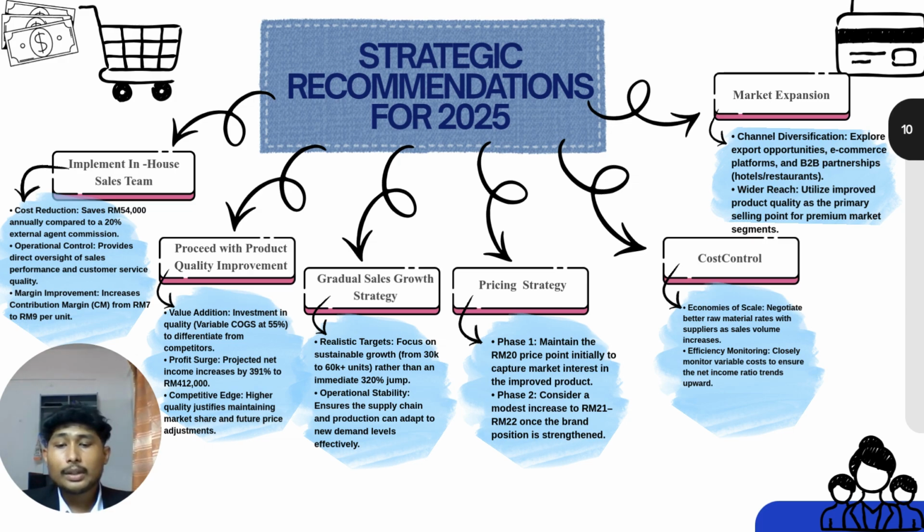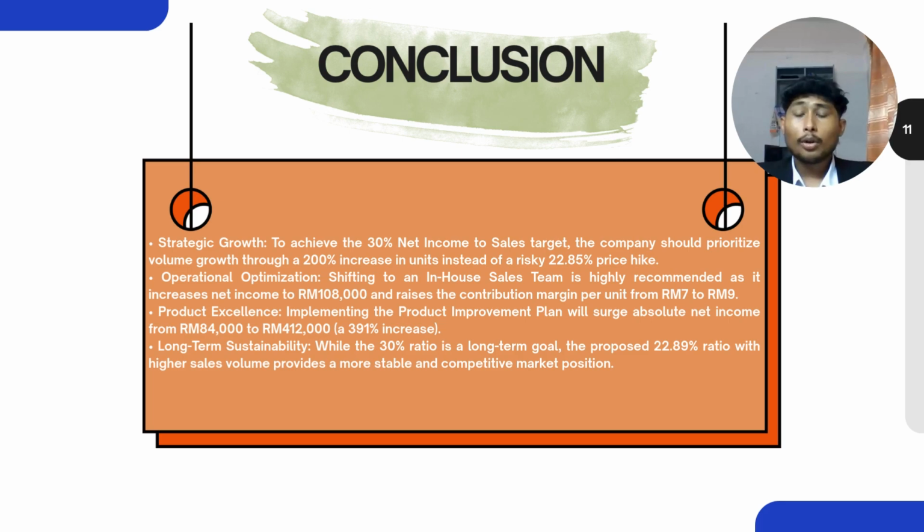Finally, for market expansion, we are diversifying our reach. This includes exploring export opportunities, growing our e-commerce platform, and establishing B2B partnerships with hotels and restaurants to reach premium market segments. To conclude, while the 30% net income to sales target is a long-term goal, this strategy can deliver